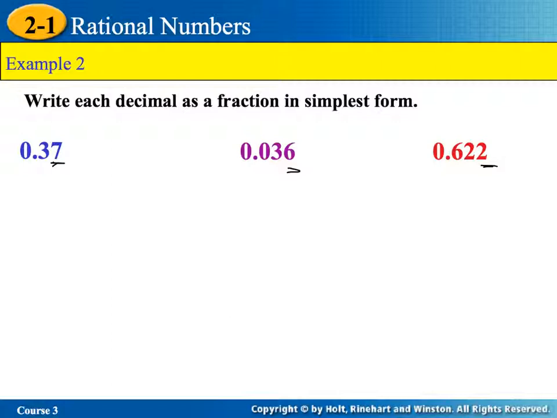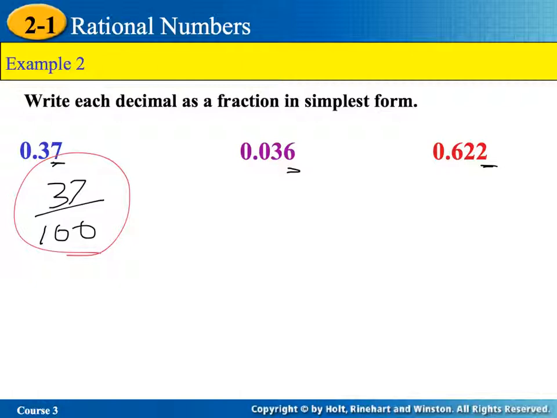All right. So the very first one, how would I start? Well, that 7 is in the hundredths place value, so we would take 37 over 100. We need to simplify that down. Is there a number that goes into both 37 and 100? No, there is not. So what I do is I leave it as that fraction, just like that. Next,